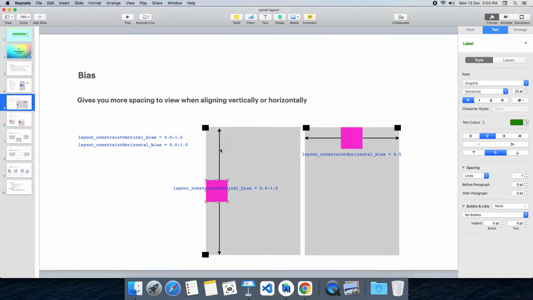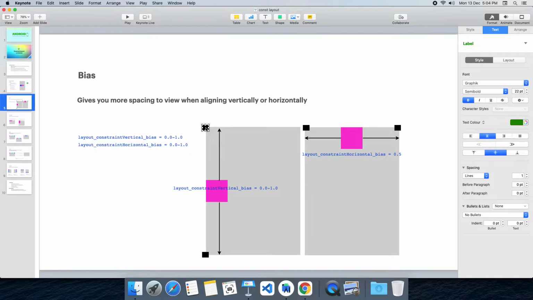This is positioned at the center vertically. We can say the top of this view is attached to the top of the parent, and the bottom of this view is attached to the bottom of the parent. Because of this, it is centered vertically. By default bias has a value of 0.5, which is why it is centered. Why is this centered?